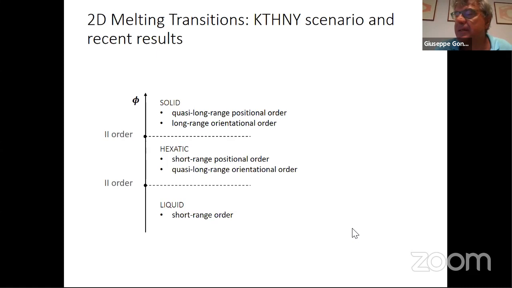But this solid can only have quasi-long range positional order that is characterized by power law behavior for the translational correlation function, and you can have orientational order. Then it is not second order, this is a mistake. There is a continuous Kosterlitz-Thouless transition in the standard scenario from solid to hexatic, a system where you only have orientational